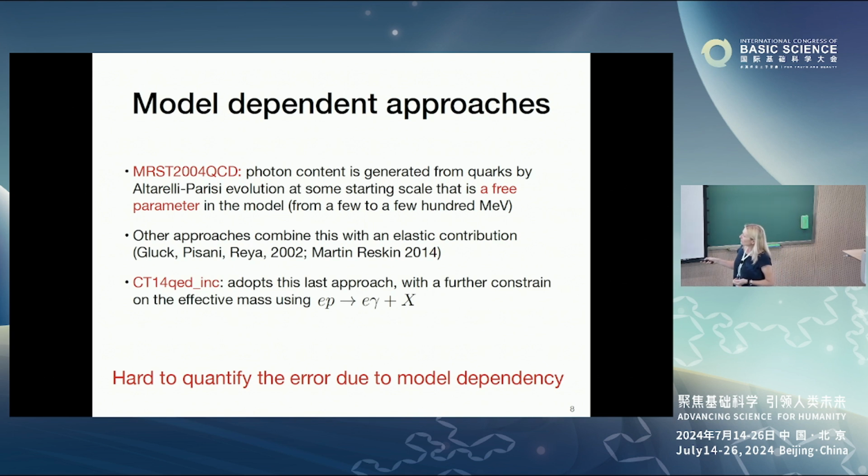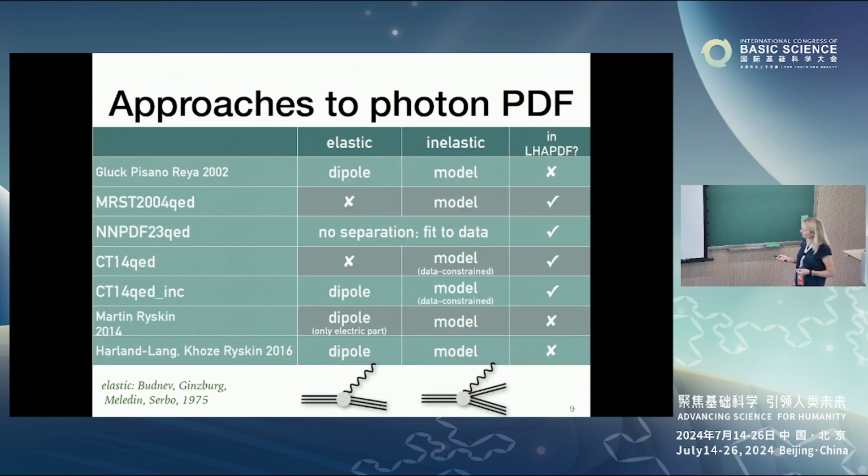And there was also a more recent approach, in 2014, that essentially included some constraints on the effective mass under which you don't assume that you have photon radiation. The problem is that all these approaches have a model dependence. For instance, they have some parameters that you don't have control of. And when you have such a strong model dependence, it becomes very difficult to quantify the uncertainty. This is summarized in this table. So this was the status before our work.